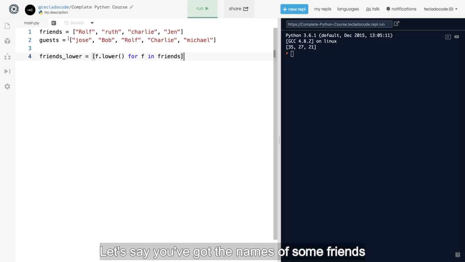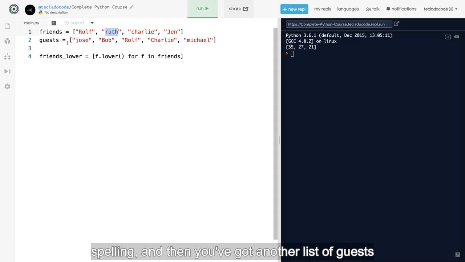Let's say you've got the names of some friends and they are in a mix of uppercase and lowercase spelling, and then you've got another list